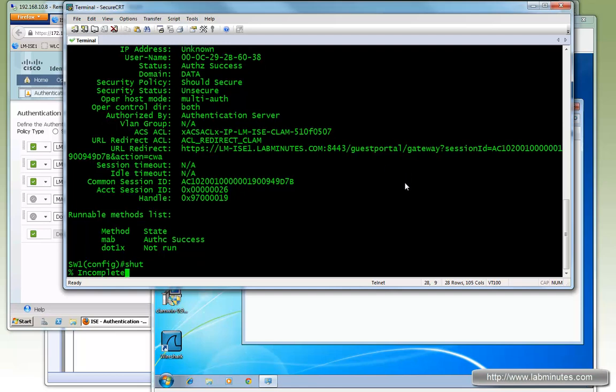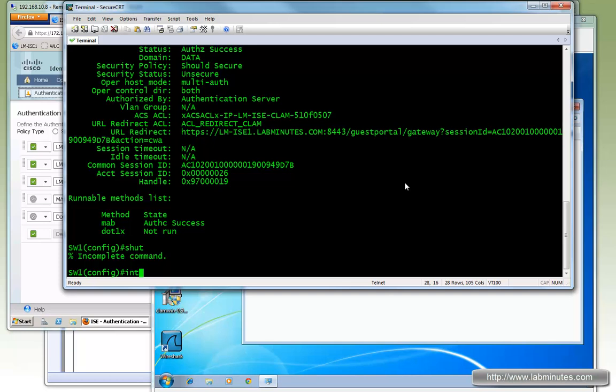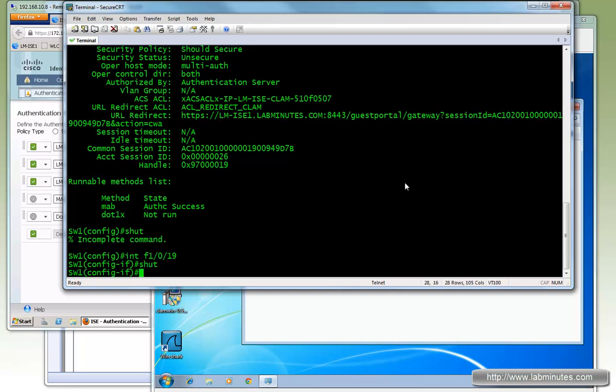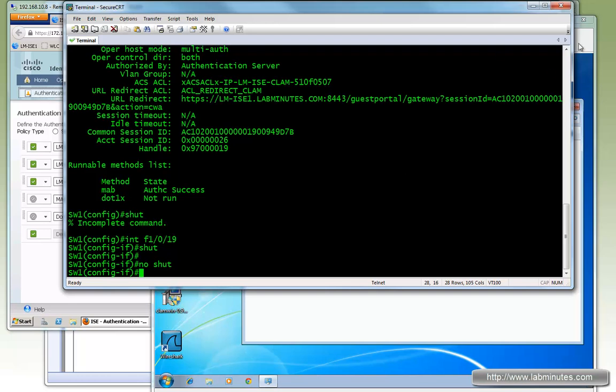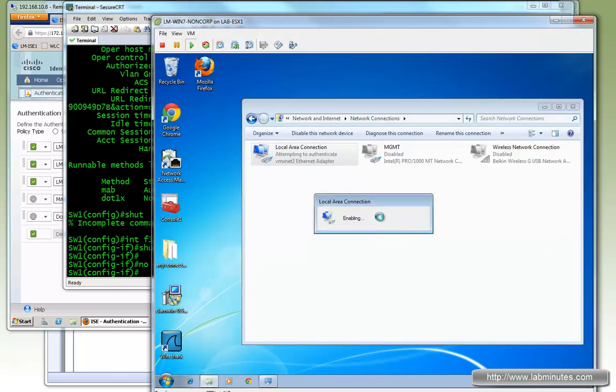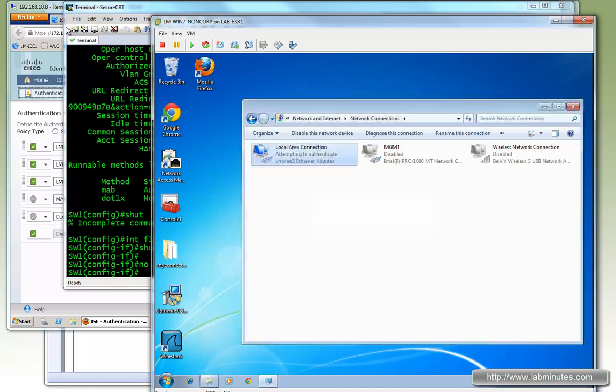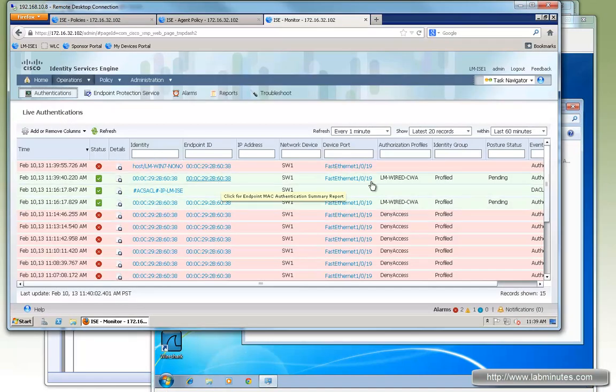Okay, so let's do shut, no shut, just to clear the port state. Shut, no shut, and at the same time enable the LAN interface. And here you can see we're already hitting the CWA